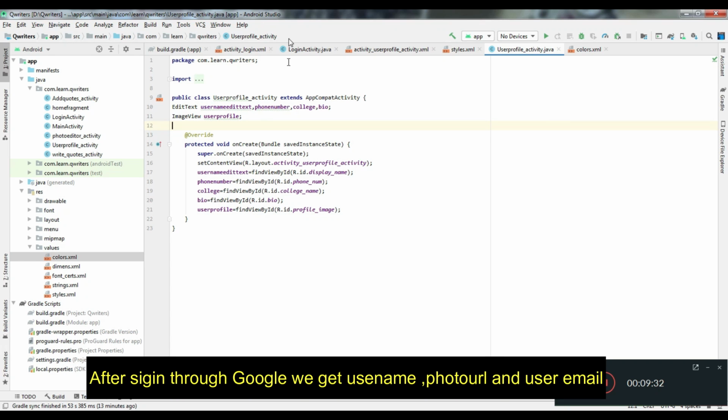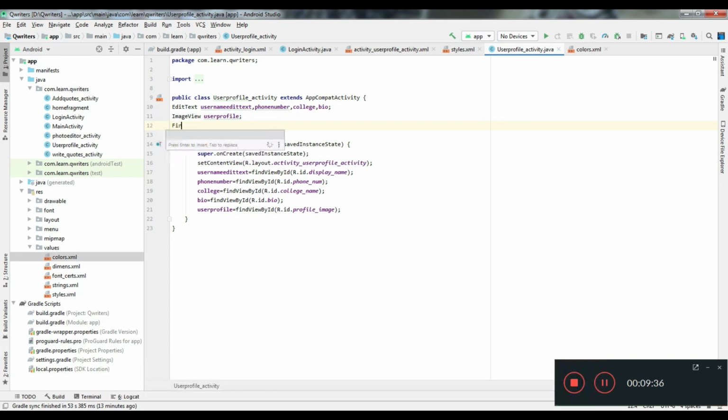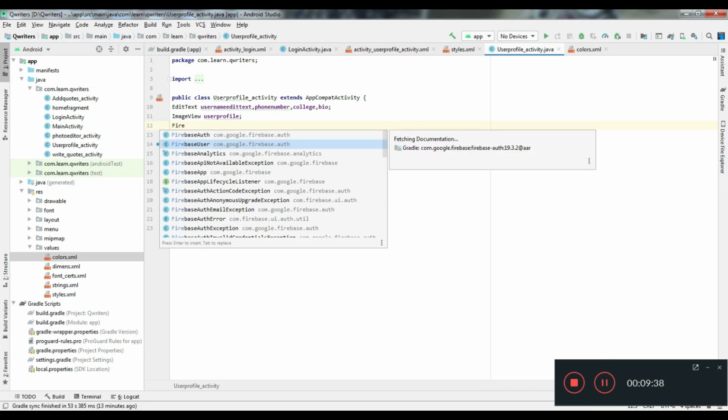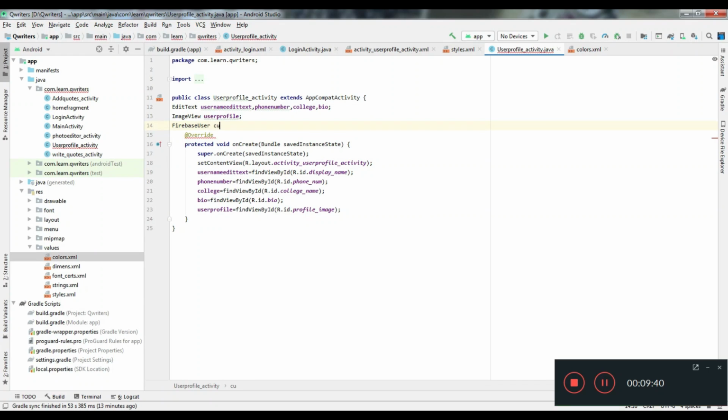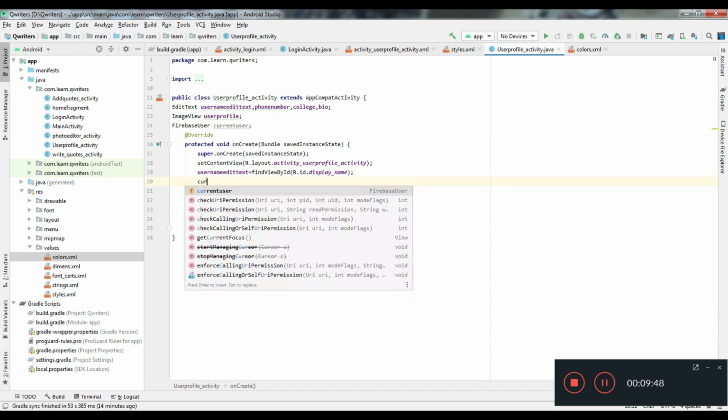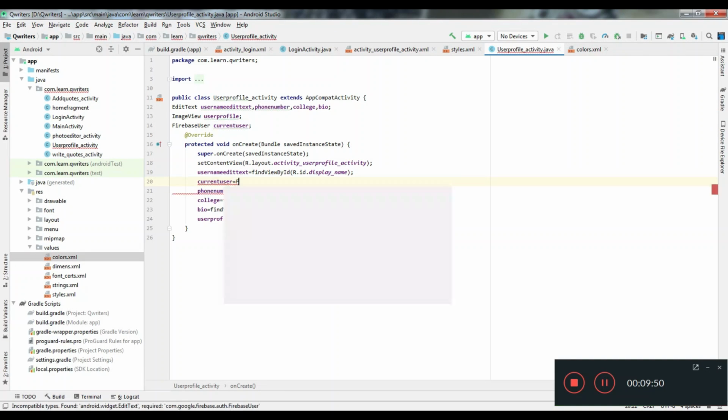So let's get those. Define FirebaseAuth, FirebaseUser currentUser, just declare the variable here. So currentUser is equal to FirebaseAuth.getInstance().getCurrentUser().